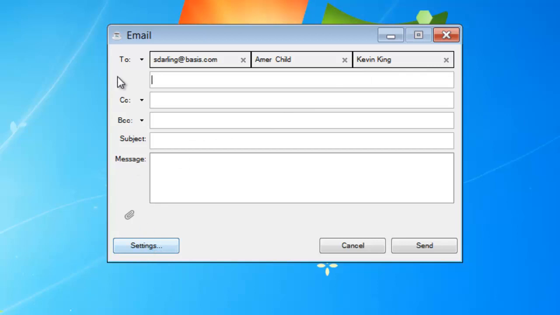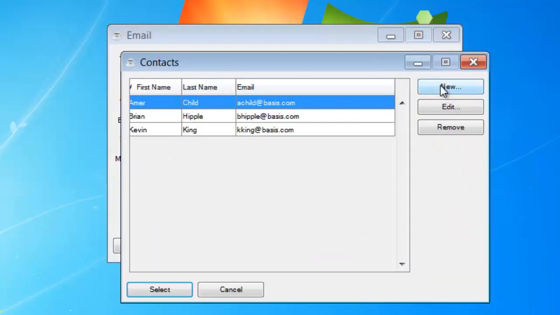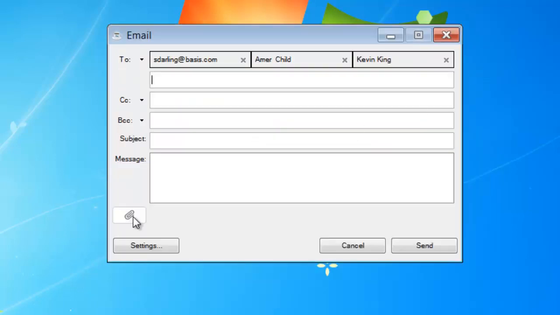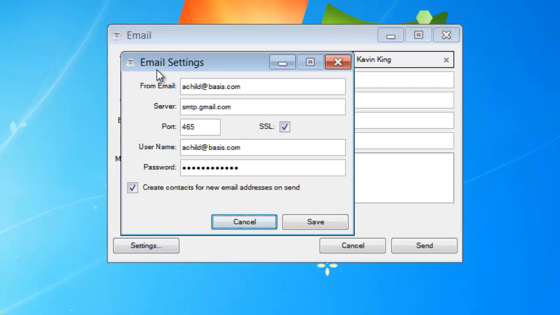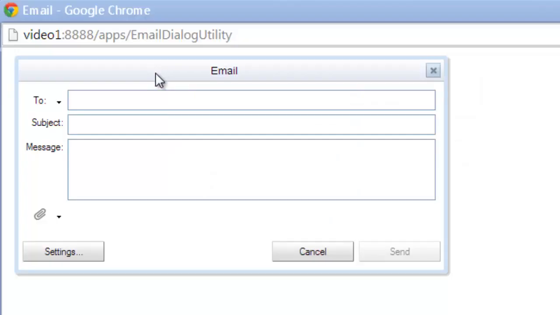You also have the ability to add new contacts to your list by simply clicking the New button. You can edit existing contacts or remove a contact. You also have the ability to add attachments, and you can configure your mail settings within the Settings button. You can also check or uncheck the option to automatically add contacts to your personal email contact list. The email dialog utility also runs as a GUI application with the same features and functions as seen in